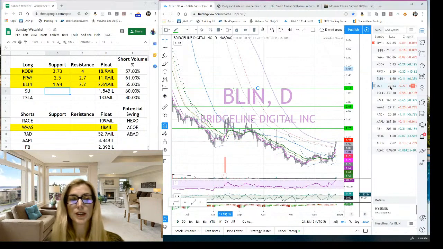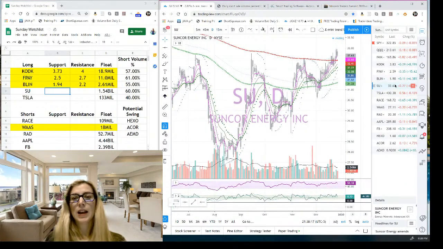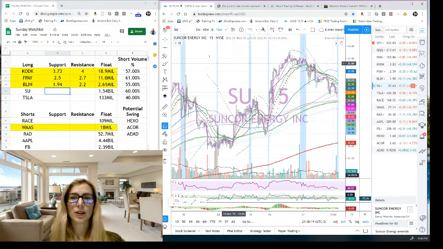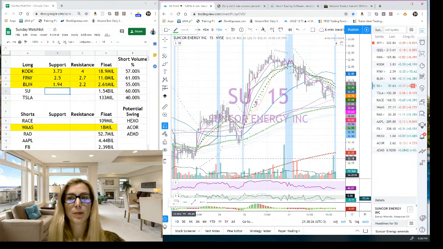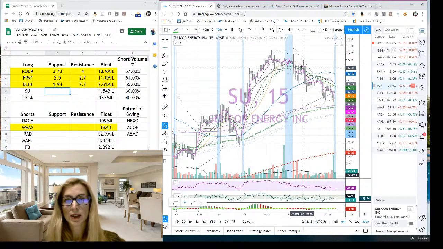All right, and let's get into Suncor. So Suncor is actually a Canadian company. And when we look at it on the 15-minute chart, it had a bit of a pullback on Friday. However, look, we came back from 32 all the way up to 33, pulled back a little bit. We'll look at it on the daily chart as well. So I'm really going to look at a break of resistance right up there, 32.86,